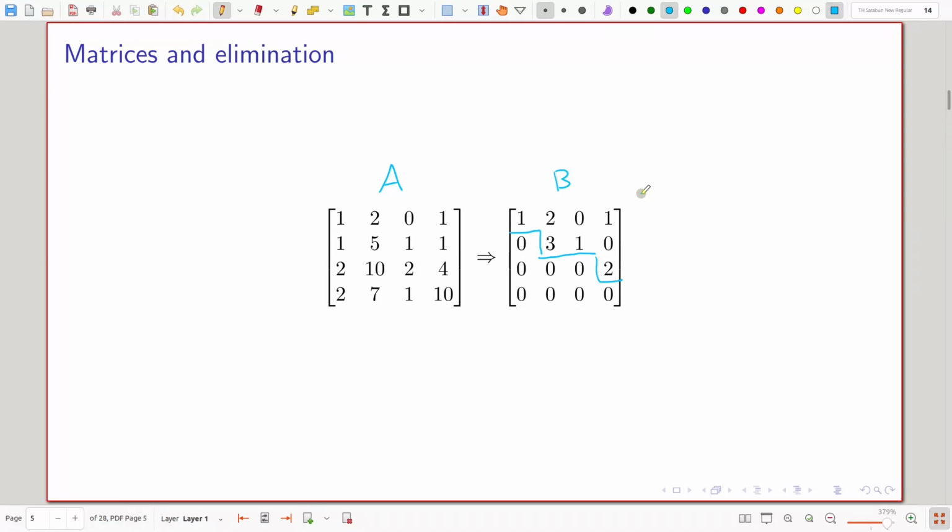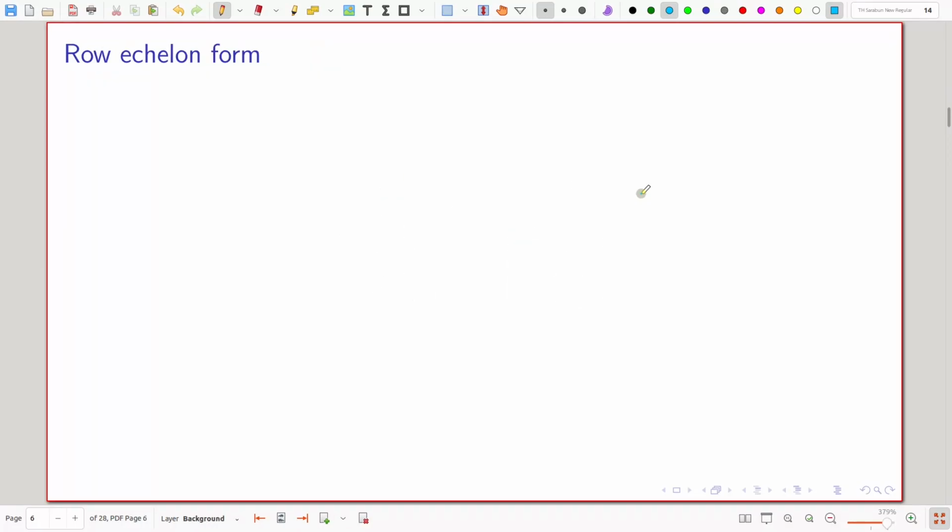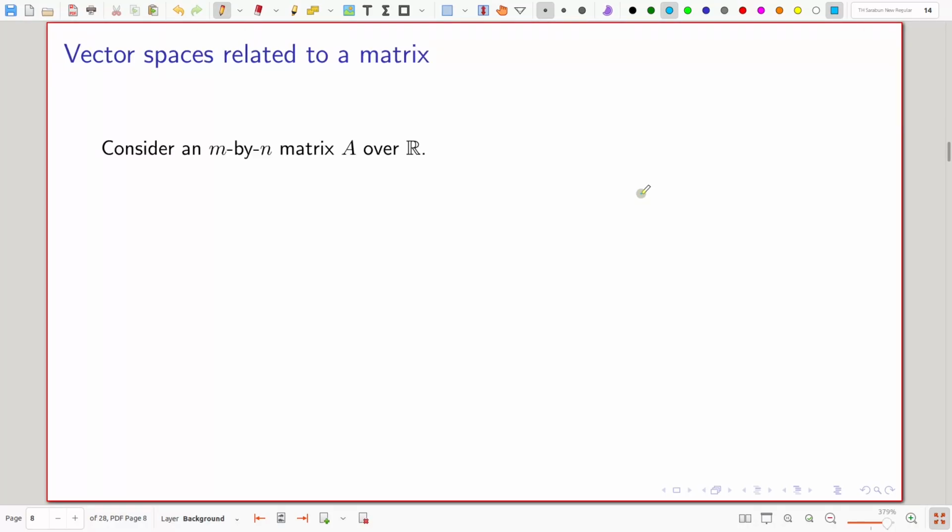So you cannot write the topmost row as a linear combination of the lower rows. So they are all linearly independent, and since they are all linearly independent, the rank of B is 3. This is called the row echelon form, and all the rows are linearly independent because you cannot write any as a linear combination of the others.